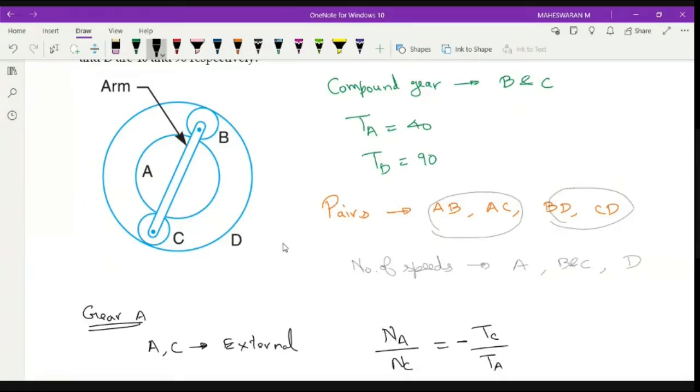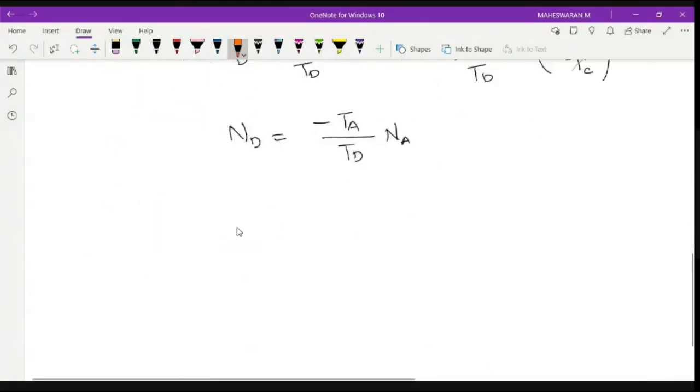Think about a reverted gear, something like that. Look here from the center. From the center, this is RD. This RD is equal to RA plus RC. It is not RC, it is 2 times RC, because it is the diameter. So I can write that as a relation: RD is equal to RA plus 2 times RC.